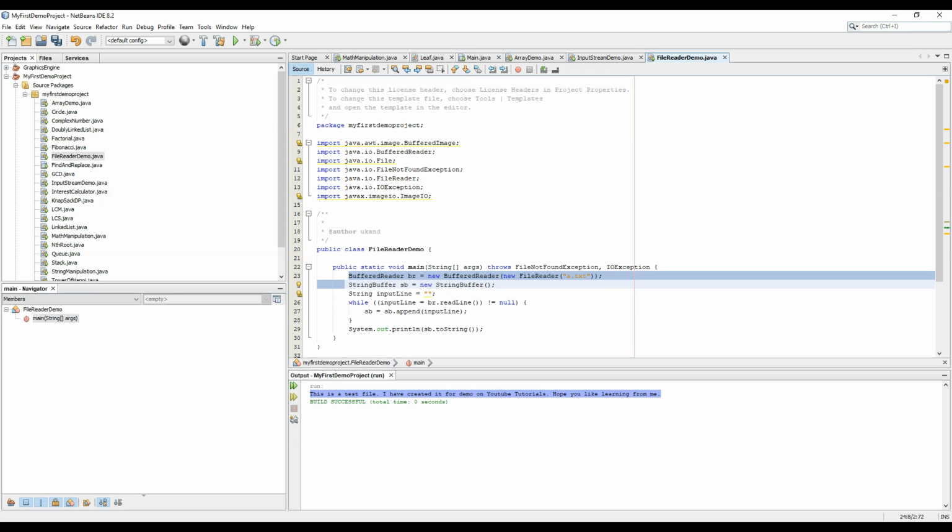So we have used StringBuffer sb to append to the line. It might so happen that in a future build, Java might try to internally append the strings in the same way the StringBuffer and StringBuilder do, but right now what I understand is that StringBuffer and StringBuilder were made for this property of Java. Since strings in Java are immutable, we cannot change them. We have to create a new object. StringBuffer or StringBuilder is mutable. I can just briefly summarize that StringBuffer is for multi-threading and StringBuilder is for without multi-threading, but both are better options than a string.